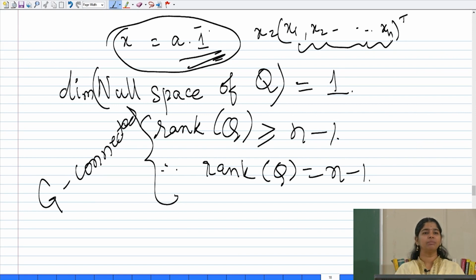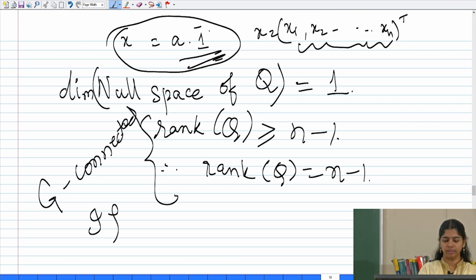So, now the next question comes, what if there are 2 components in my graph? What can I say about my rank? So, here the main catch was G being connected, and I get rank of the matrix to be equal to n minus 1, right. By rank being n minus 1, I can't talk about eigenvalues here, it is a rectangular matrix, but we will translate it to Laplacian soon. Okay. So, what can I say if I have multiple components in my graph? The answer is somewhere blinking right on your face. Say if there are k components